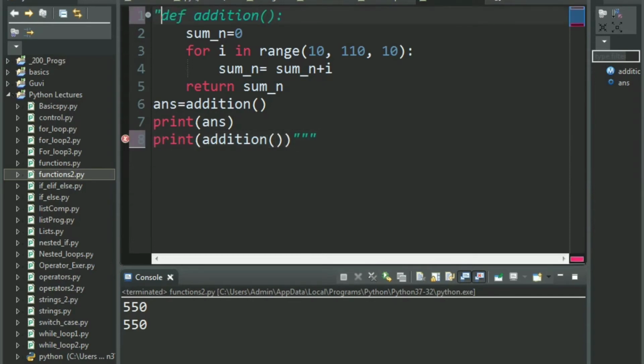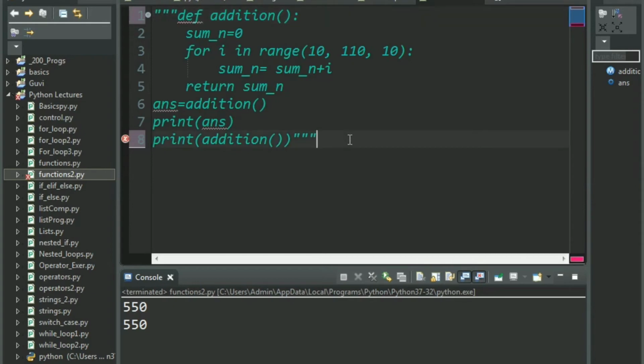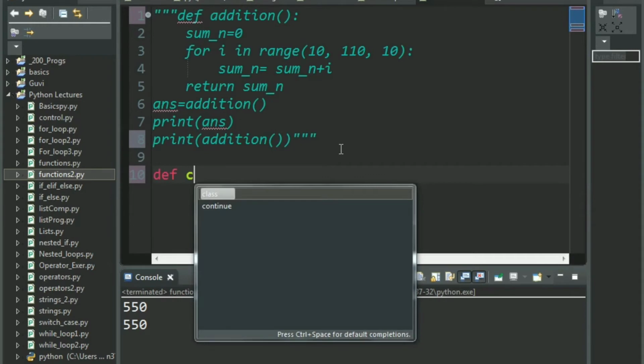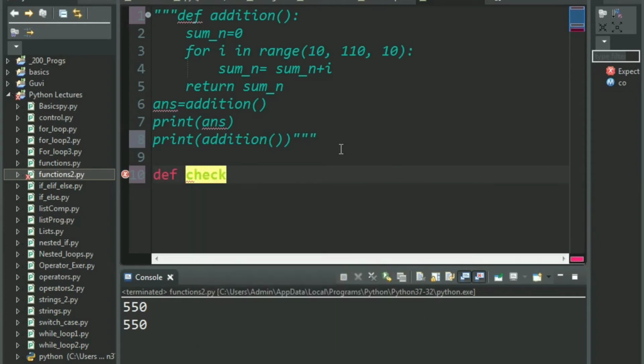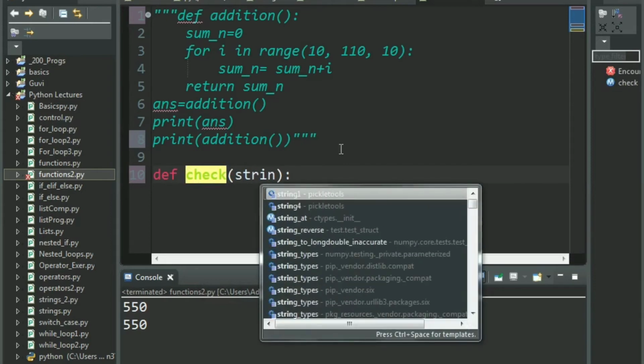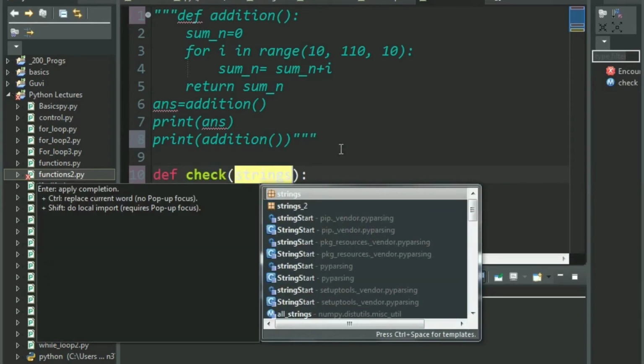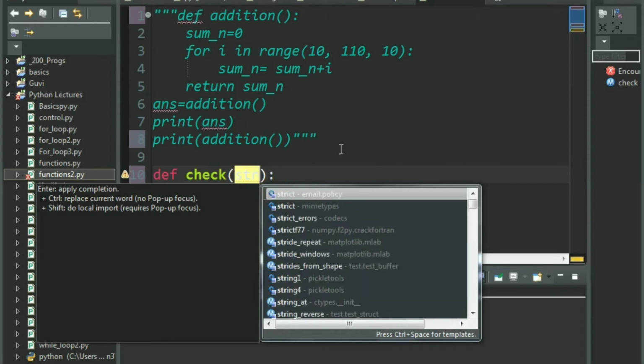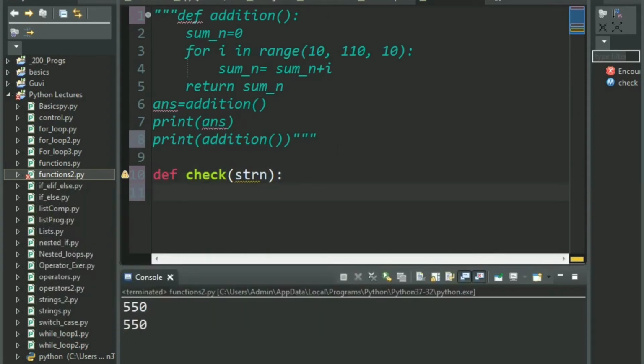Now let's comment this and come back to why you should prefer using the return keyword. So I'm going to define a function, let's say check, and inside that I'll be passing a string, strn, and inside that I say print strn.